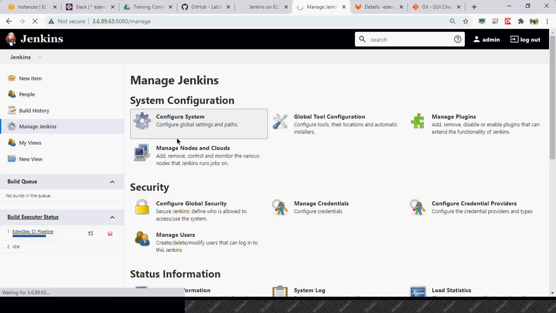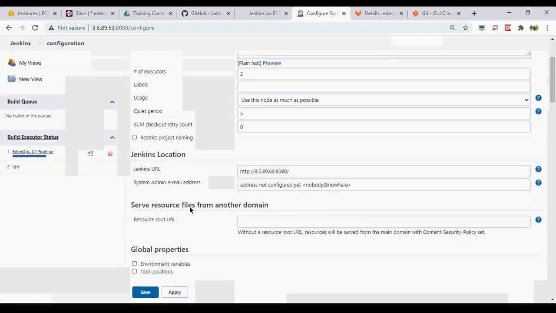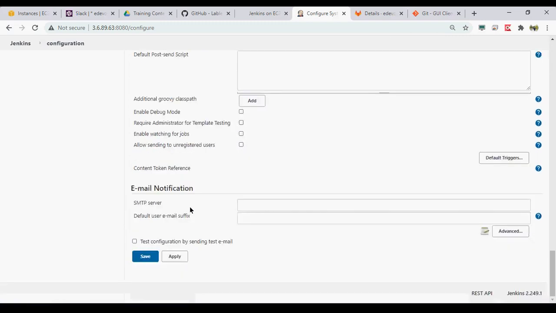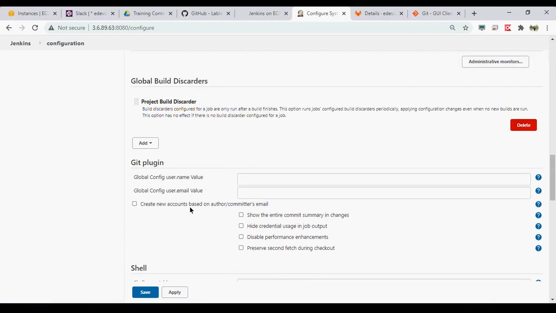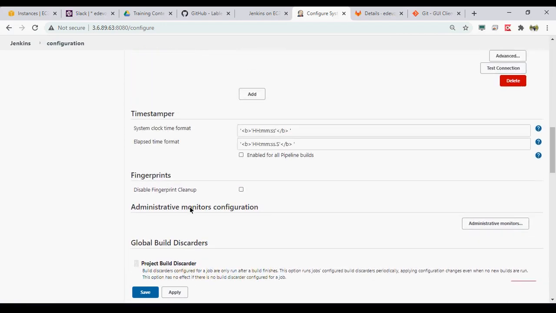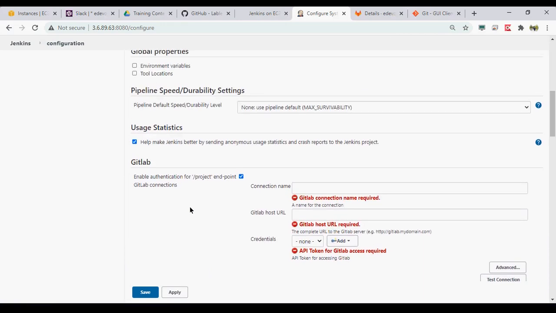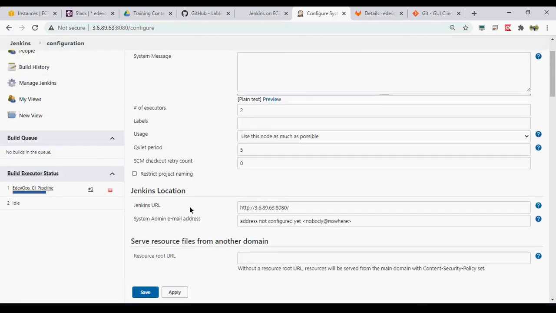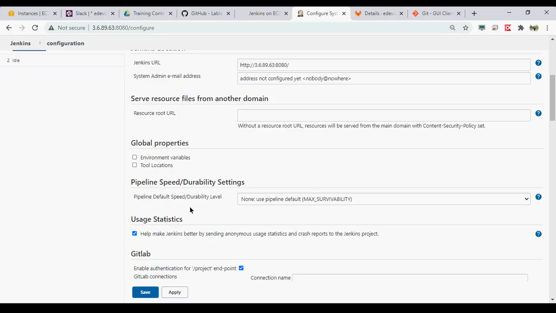Let me just search if it is by default there. But custom tools is there. I think it is here. So there is a separate tool.